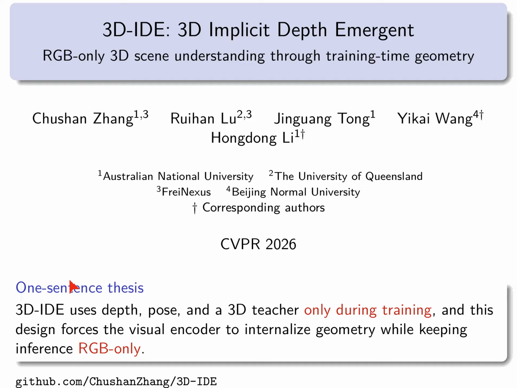We title our work 3D-IDE, 3D Implicit Depth Emergent, and introduce RGB-only 3D scene understanding through training-time geometry. 3D-IDE uses depth, pose, and a 3D teacher only during training, so the visual encoder internalizes geometry and inference stays RGB only. Current 3D MLLMs create awkward inference costs because video-based MLLMs for indoor 3D scene understanding mainly use two